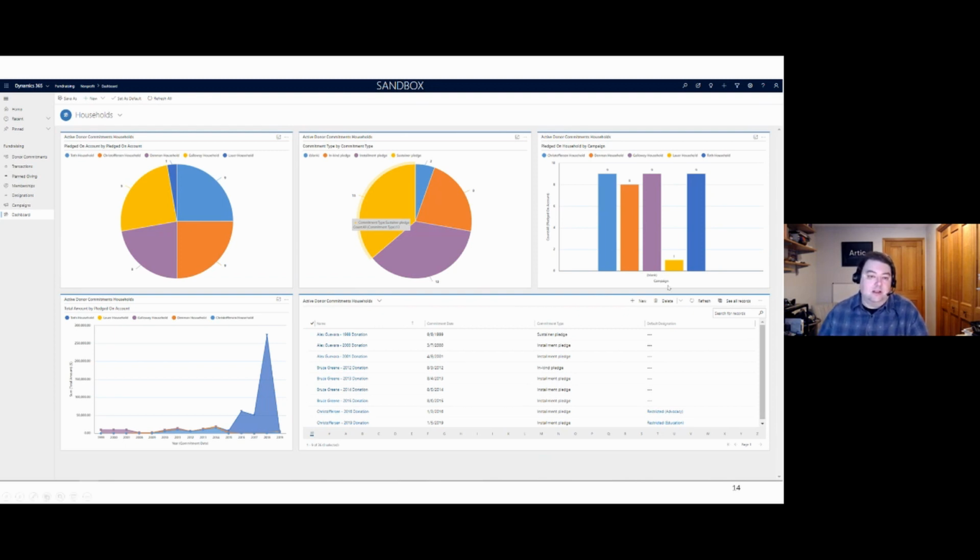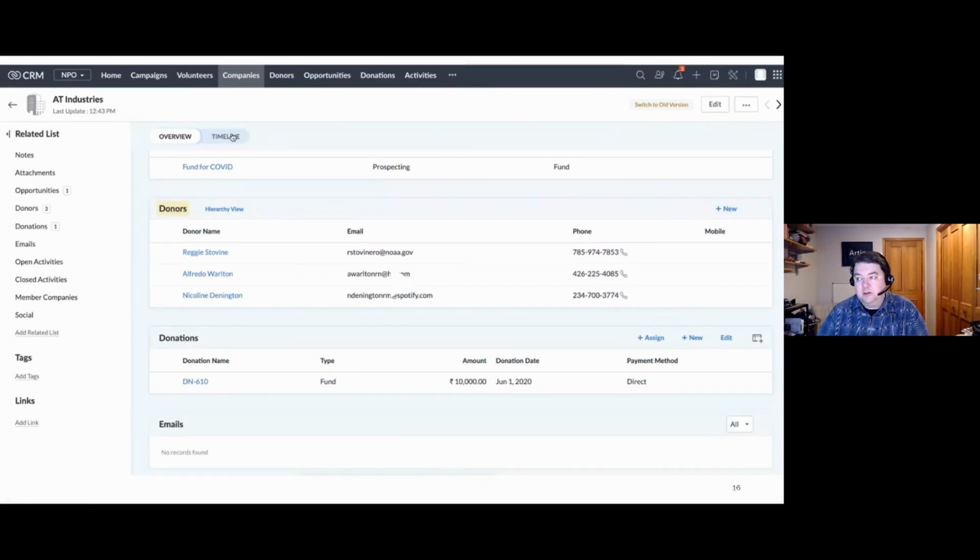So again, a solution like this would be out of the box for you to start using, but there'd be a lot of ways for you to tailor this to the information and the reports that you care about looking at. So let me give you a couple of examples for Zoho. So this would be an example of Zoho's